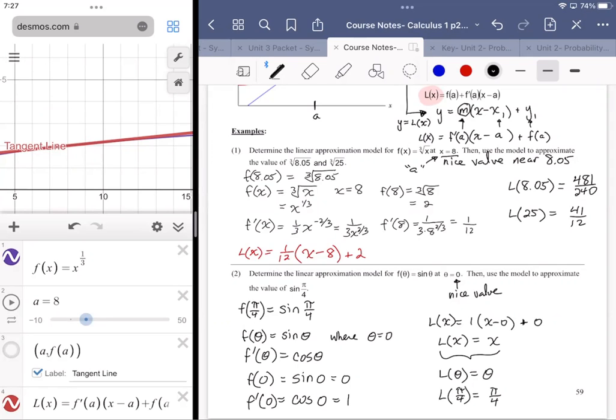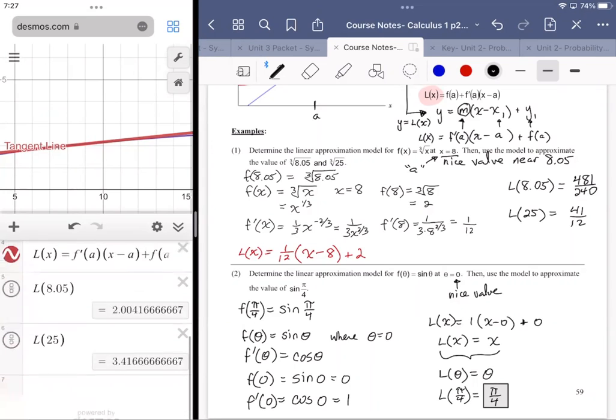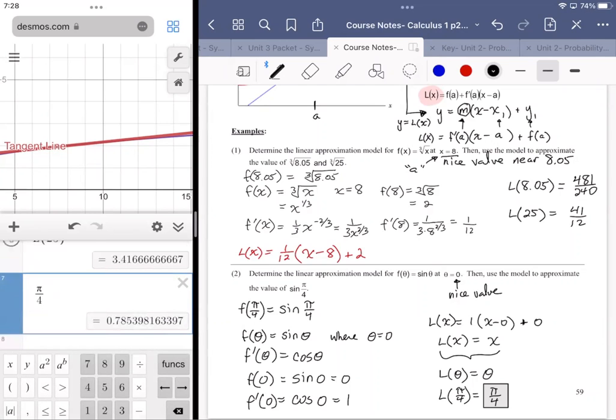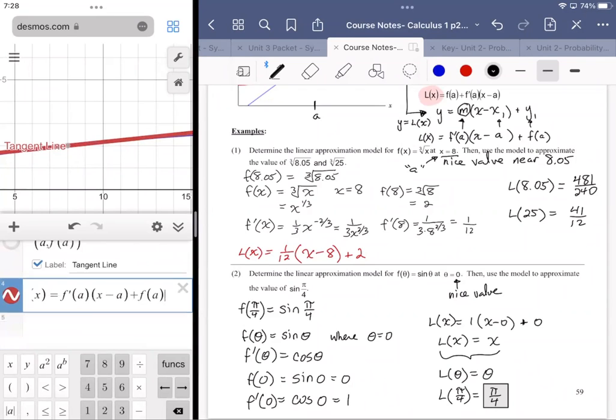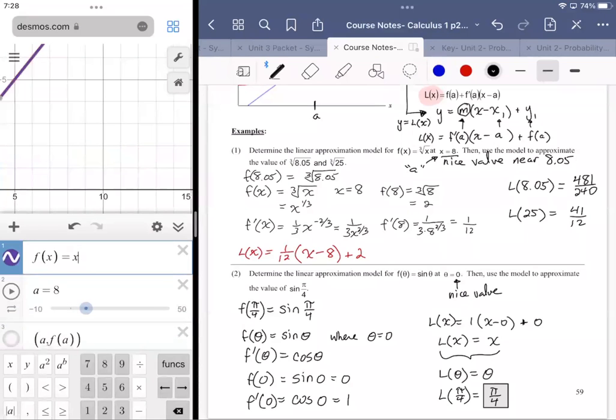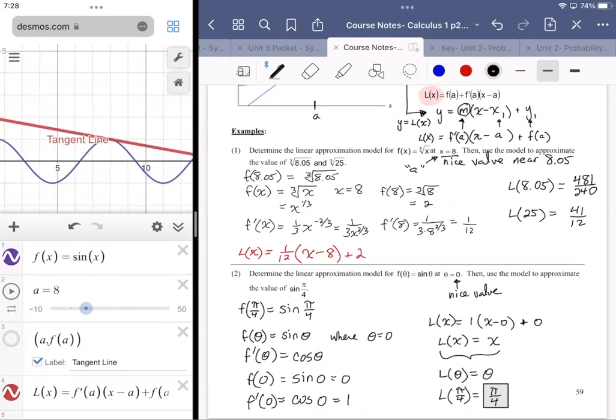All right, so this is actually what the approximation would be, which is kind of interesting. The approximation is pi over 4, but we know that sine of pi over 4 is actually 1/2 radical 2 over 2. So pi over 4 really isn't too far away from 0.7071, which is what radical 2 over 2 is. So you're actually pretty close, but if you go to the original function and make that sine of x, you see that this